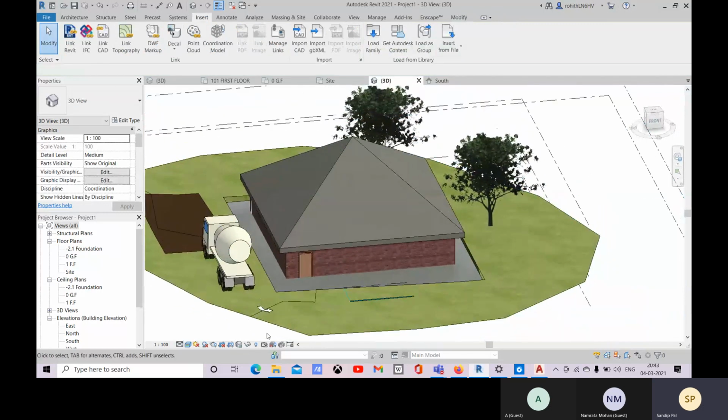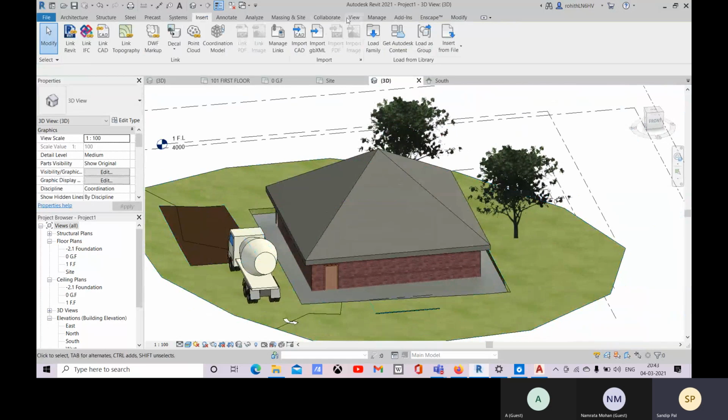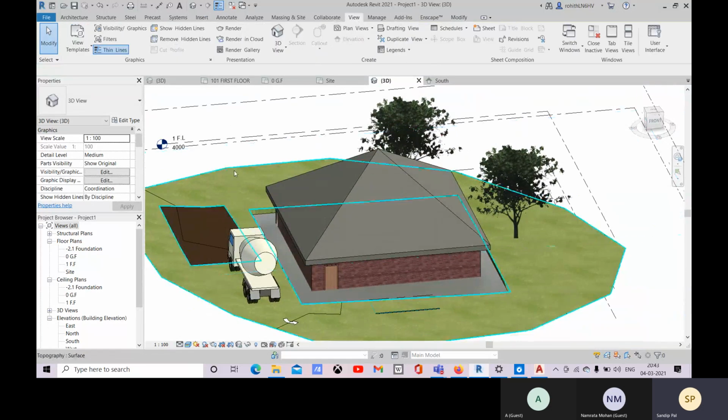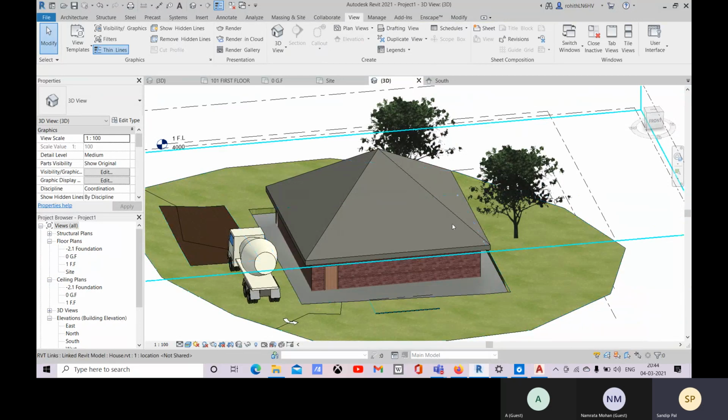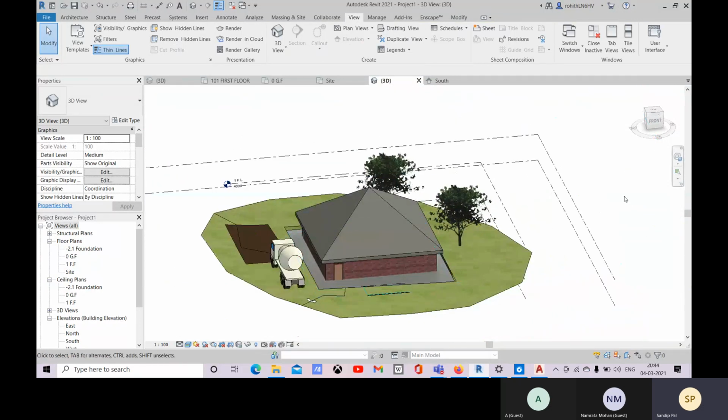And after that, what you can do is you can create your render, and your walkthrough you can create after placing all of this. And last you can go for placing all these views, your plan, your section, your callout, and this 3D and rendering views into your sheet, and you can go for printout. Okay, so I'll come to that.